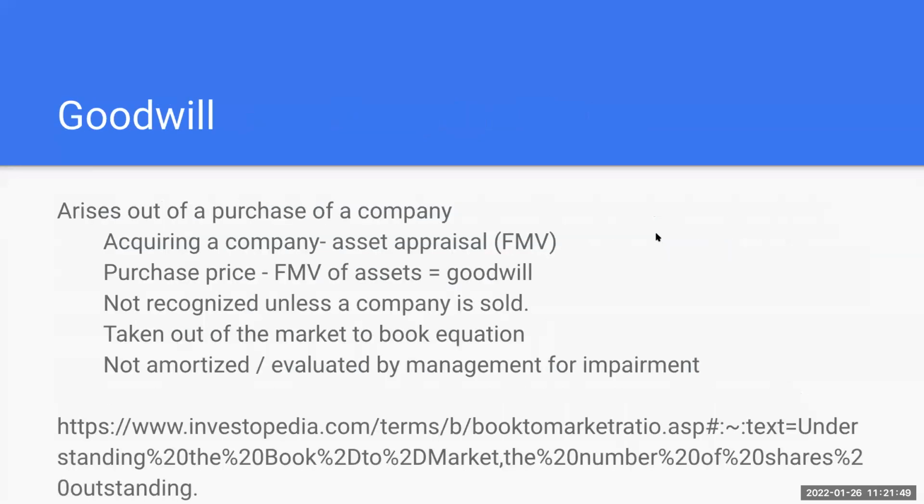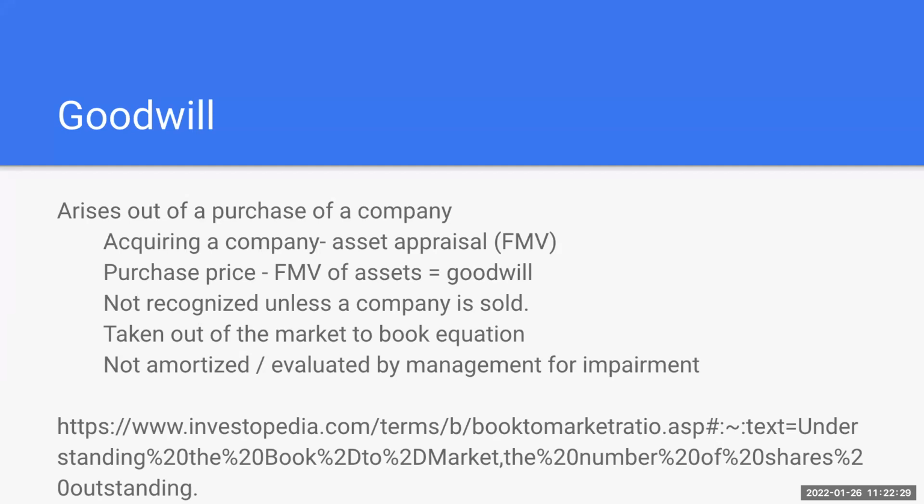Okay, so goodwill. What is goodwill? When we purchase a company, the books of that company essentially go out the window. We bring in an appraiser, and we basically determine the fair market value of the assets that are being acquired, less any liabilities. The difference between the amount that's being paid for those assets and the fair market value of those assets is goodwill. You never recognize goodwill. We don't say our employees are amazing, therefore I'm going to write up my assets. You never recognize that until a company is sold.